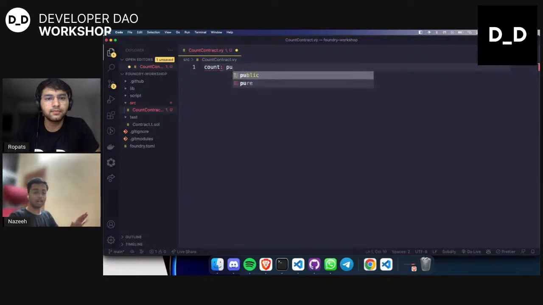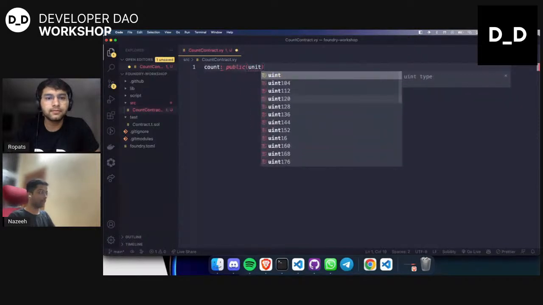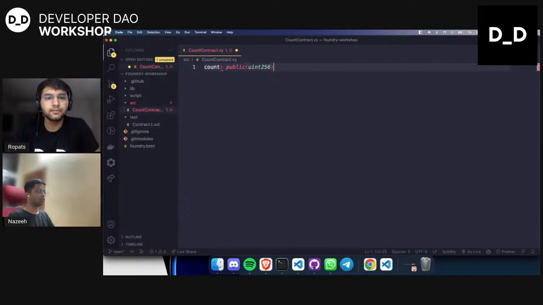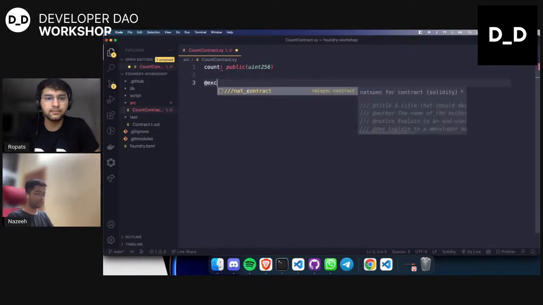This is the basic Python syntax. I'm not going to write any new programming language, so anyone who knows Python can understand this. And here I'm going to define its type, int256. This will be my count variable, and I'm going to increase and decrease its value. Now let's say external,